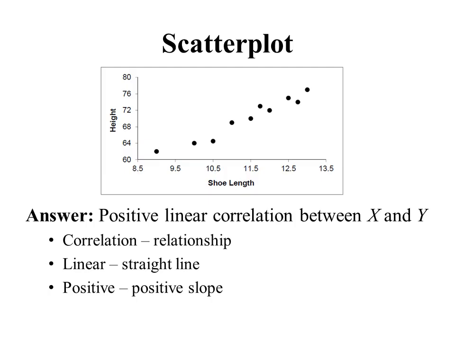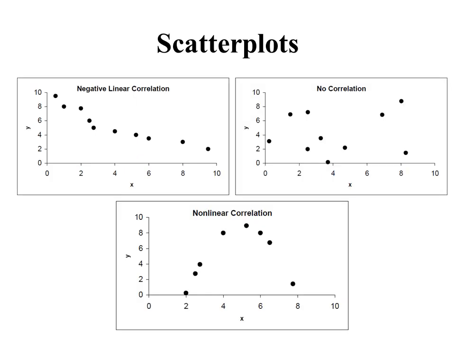And so again, there's the answer to our first question. Is there a relationship between these two variables? Yes, it appears that there is a positive linear correlation between x and y. Okay. Now let's look at some other types of correlations between some other sets of random variables. Here's a set of data from some other variables, just generically called x and y. Again, we put our x values on the horizontal axis, our y values on the vertical axis, and look at the pattern that's formed here. These dots form kind of a straight line that slopes down from left to right. So in this case, we would say that these two variables have a negative linear correlation.